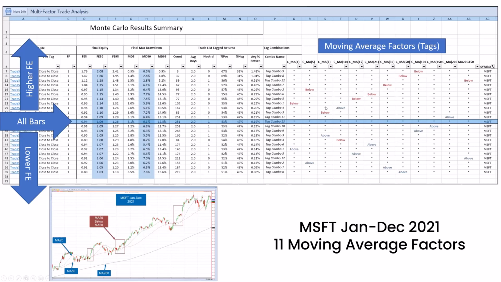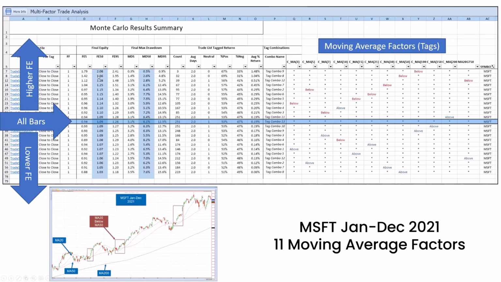But you're getting down into very similar numbers at the final equity level. So 1.1, 1.1, 1.09, 1.09, etc. All of these are very similar and very close. And every time you run the simulation, they're going to vary a little bit and put those aboves and belows in slightly different places. But the ones that really stand out are these ones up here with these higher final